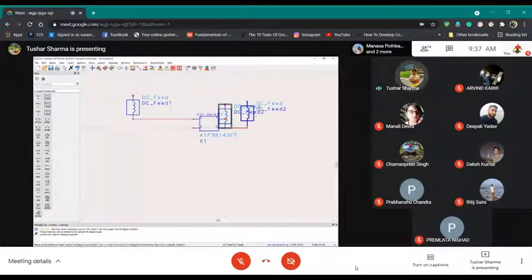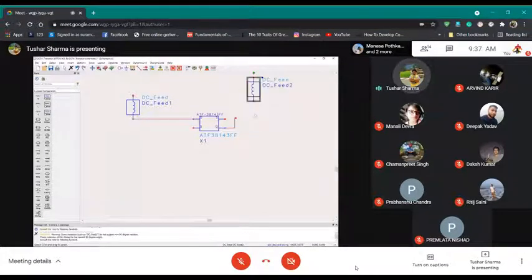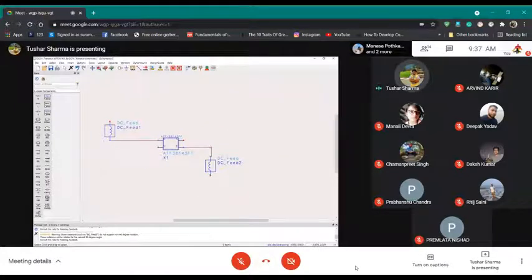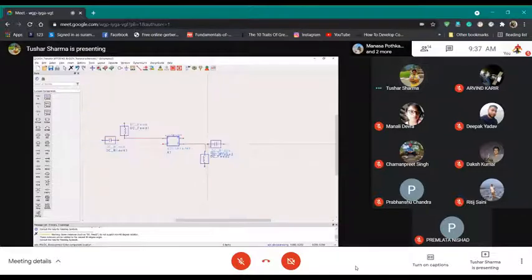So if you click here, you can always press Ctrl R and it will rotate. Okay. So it's wire here. Snap it. So you have connected your DC feeds. Now this DC feed will be connected to the DC block. So in the series path, take DC block from the palette and connect these DC blocks here. So basically you will connect this.